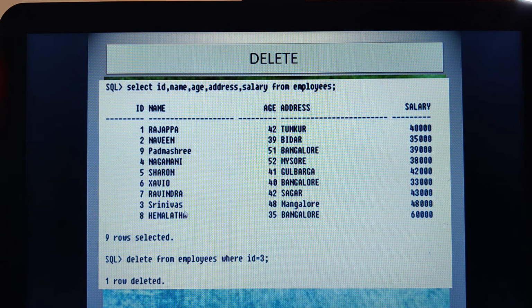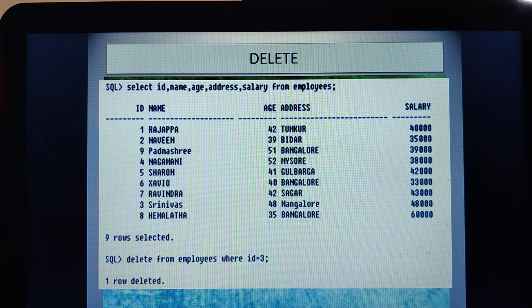The complete details about Srinivas will be deleted, and therefore I got 1 row deleted. So only the particular record based upon the where condition, the record of Srinivas whose ID is 3, would be deleted. This is how the delete command works.